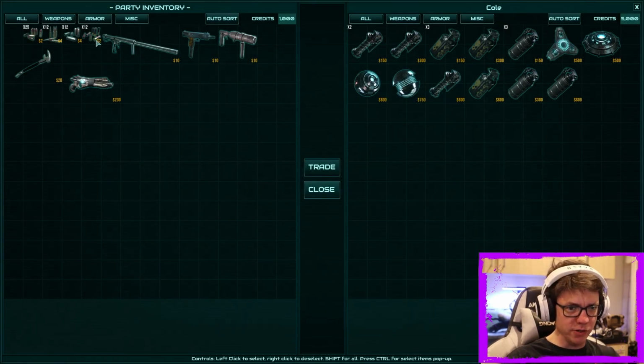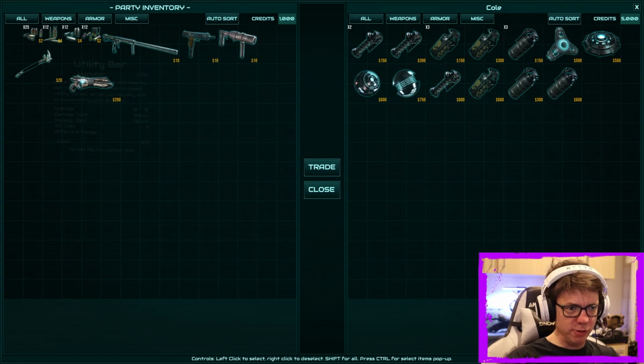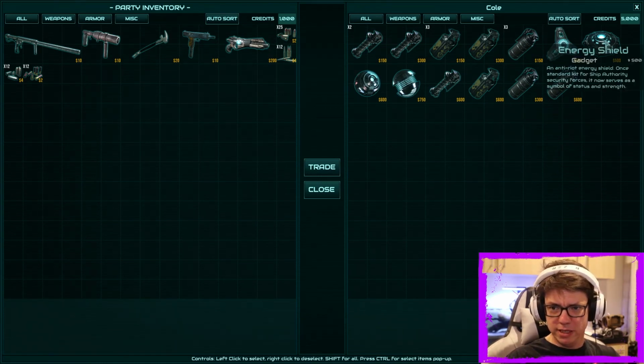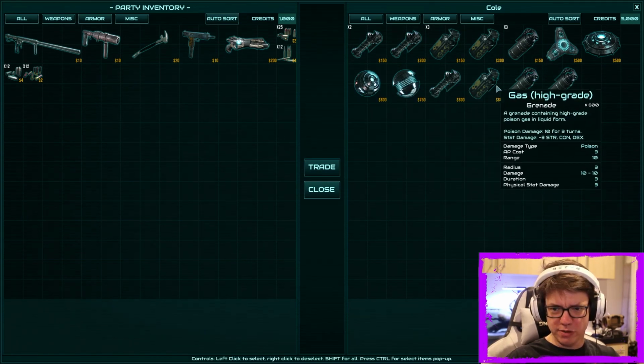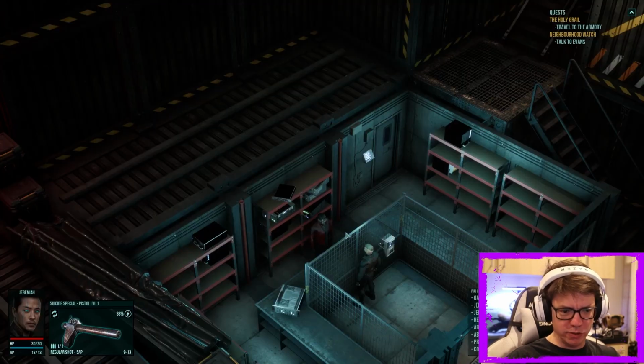So this is the party inventory. Oh, we have a bunch of weapons. Why do I have so many weapons? And so many other things. We've got a rifle. That is us, right? Yeah, that's us. And then he's got whatever this stuff is. Stasis grenade. It's a bunch of grenades. So I can't buy any of that stuff. Alright. Cool. So how do we...